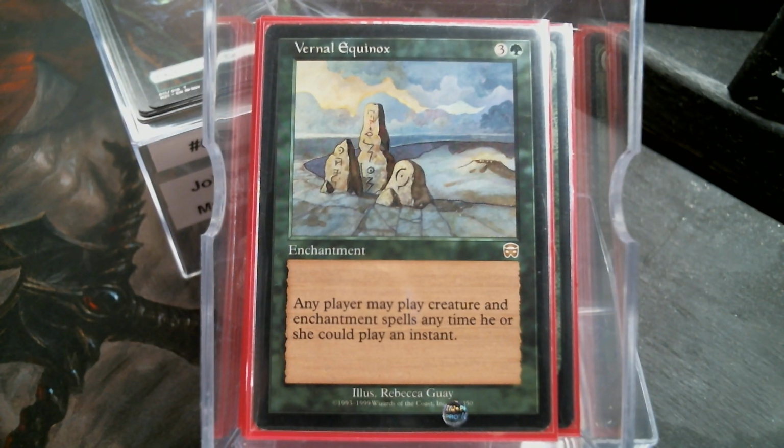Now, Vernal Equinox, I had it in my hand, but I didn't cast it. This is probably the spot where I need to. The reason why it's in here is the idea behind me including it was all of those comes-into-play draw-card creatures I could play on my opponent's turn and get cats on their turn. Because card draw,